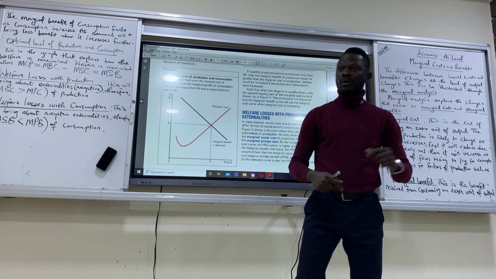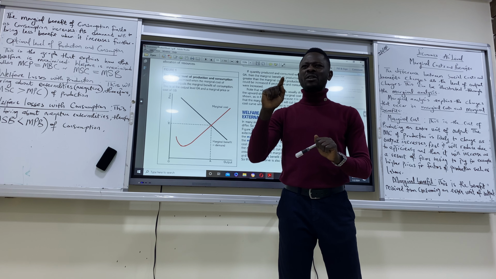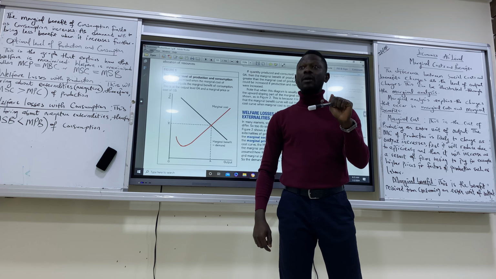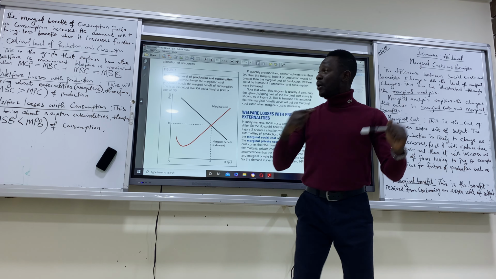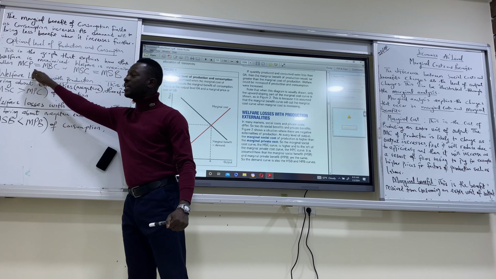Flexibility? What? Welfare is your flexibility, you can do this and do that? No, welfare is not about flexibility. Welfare is about satisfaction. Of who? The customers or the consumers and producers. Oh, both. Okay. Yeah. So that's why we said welfare is optimized if marginal cost of production equals marginal